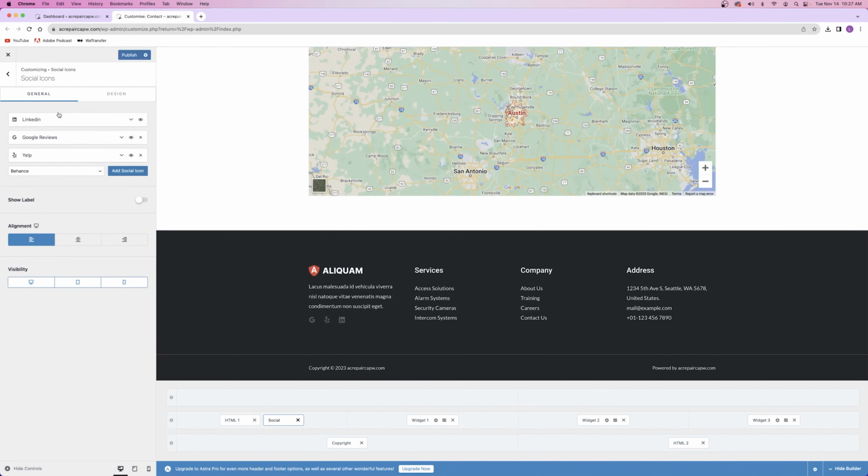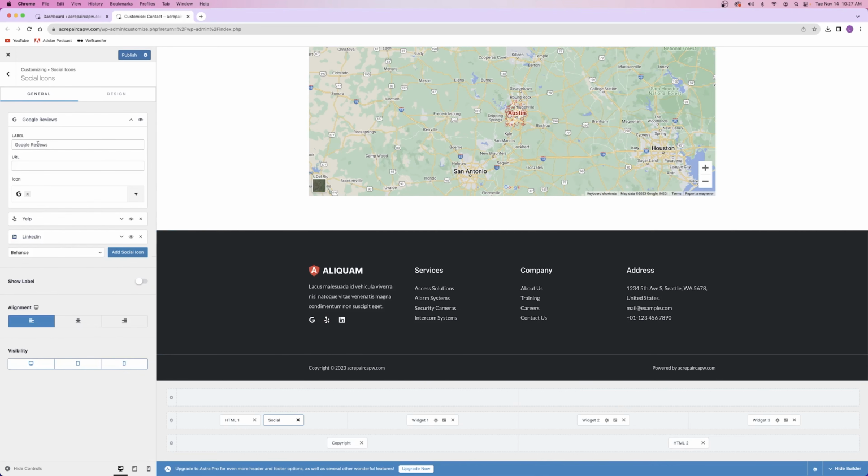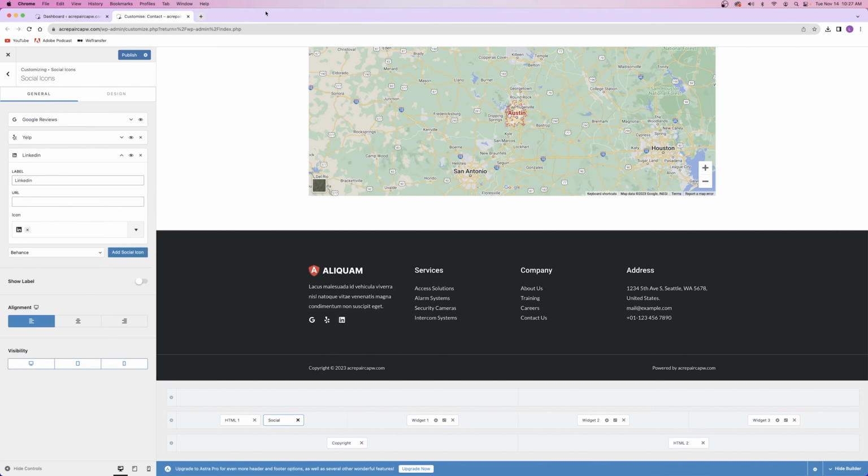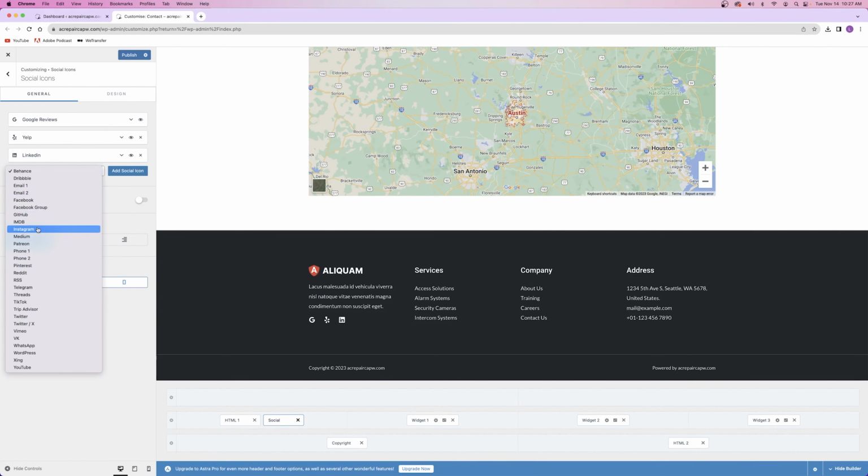So if you want to rearrange them, you rearrange them. As you can see, they're getting rearranged. Click on it, and you've got the label and the URL. So for the URL, you would just go to your Google Reviews account on a new tab and paste the URL. If you've got a LinkedIn account, you go to a new tab, find your account, copy the URL, and paste it right here. If you want to add a new one like Instagram, you just use the drop down, select Instagram,